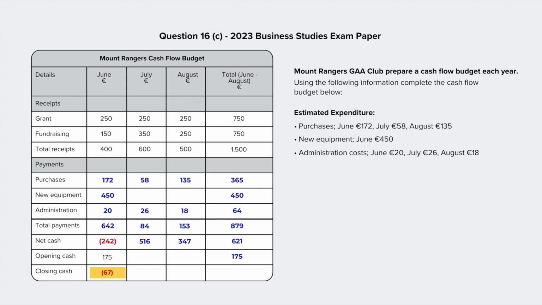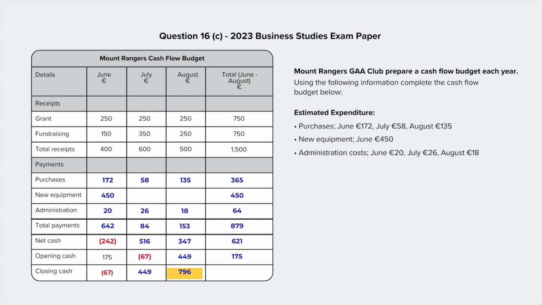Now our closing cash for June becomes our opening cash for the following month, which is July. So now we're starting July with a deficit of €67 in our bank account essentially. In July we already calculated our net cash, which is €516. So again, we add our net cash and opening, which gives us a closing cash balance of €449 for July. Again, closing cash for July becomes opening cash for August. Net cash for August is €347 and our opening cash is €449, which leaves us with a closing cash balance